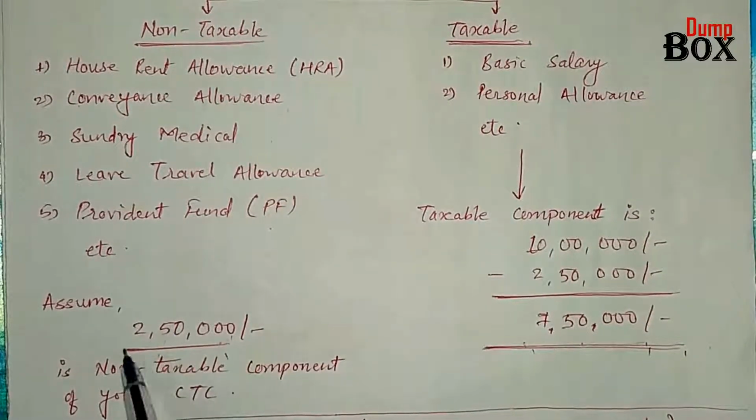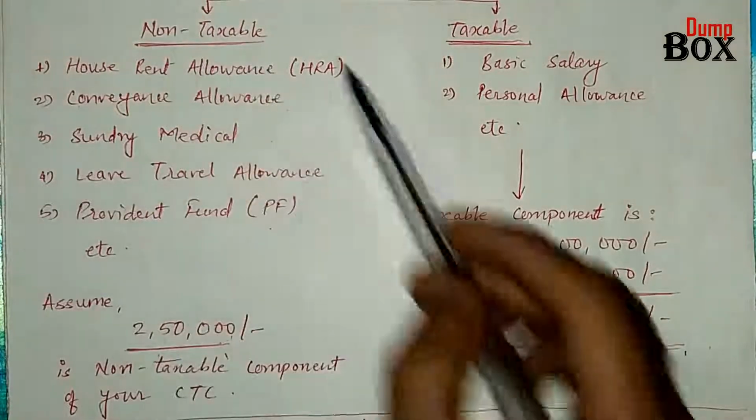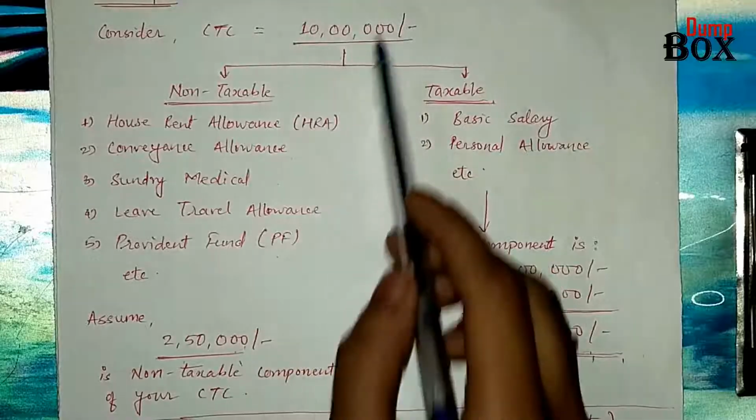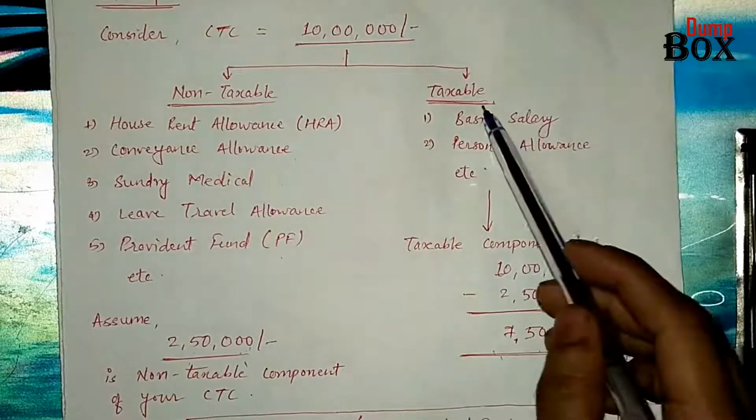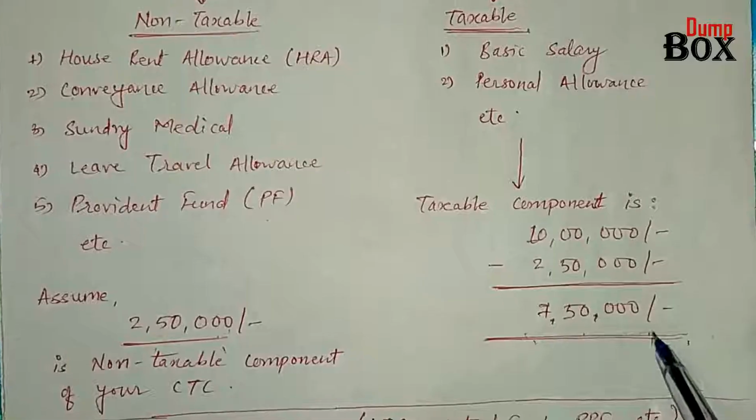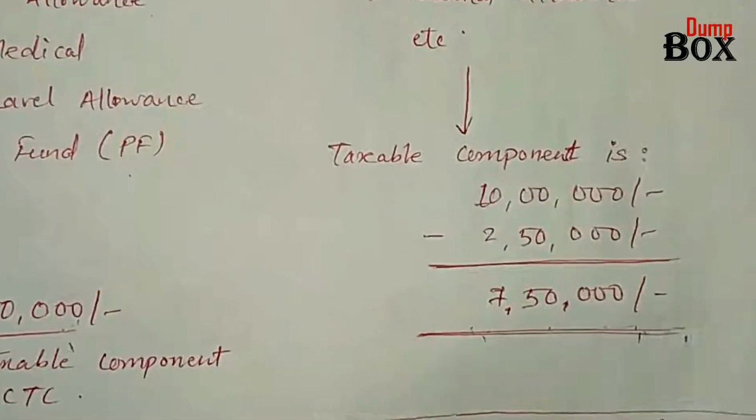Let's assume 2.5 lakh is the non-taxable component, that is the addition of all these. So 10 lakh minus 2.5 lakh, that is 7.5 lakh, is the taxable component of your CTC. So you have to pay tax only on this component. But